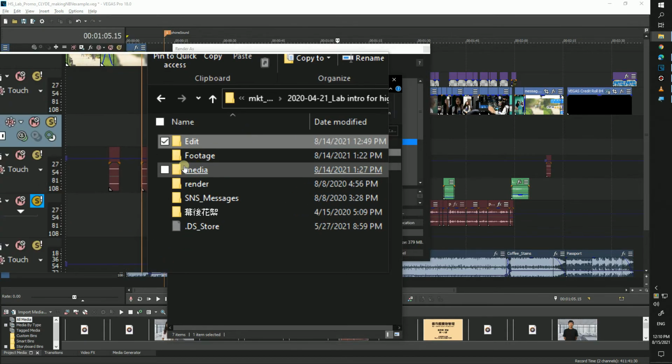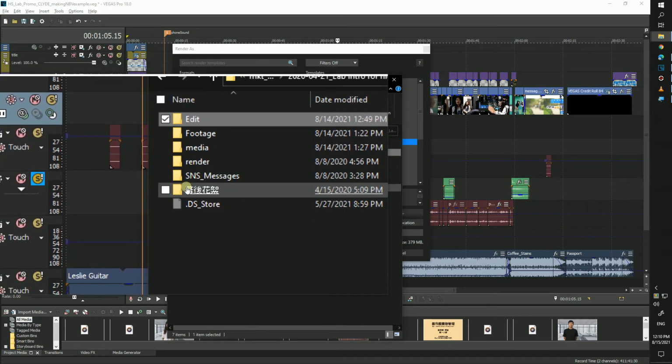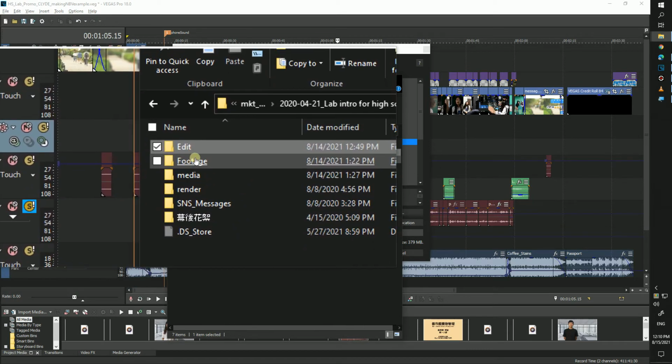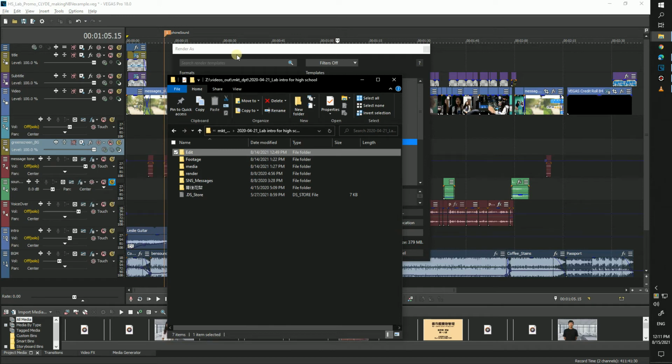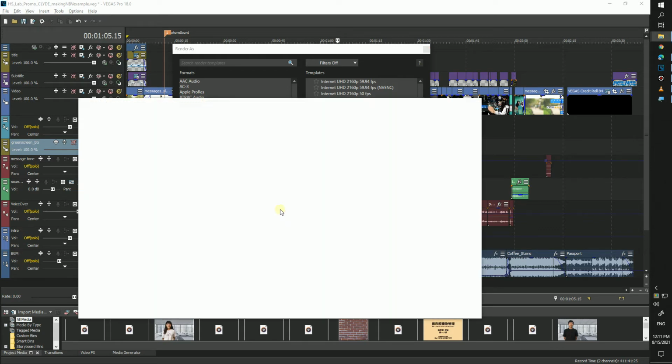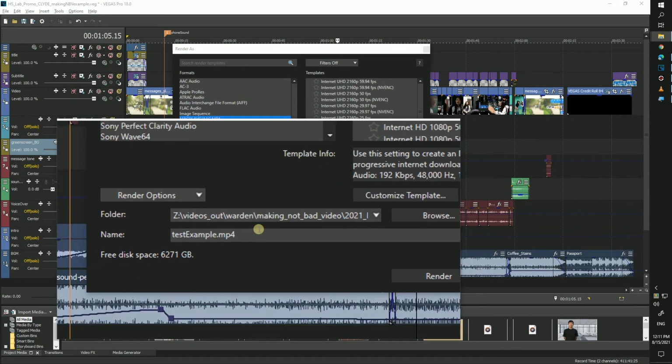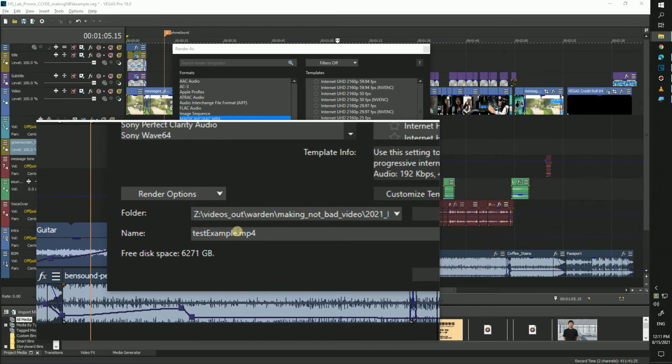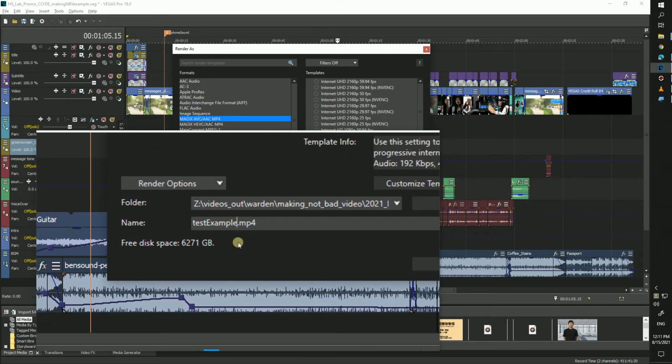Below our file directory, we have the file name. Remember to name your files too. I can't tell you the amount of times I've seen people panic and think they lost something because all their renders are named Untitled or are just keyboard smashes like ASDFGHJKL. You'll notice that Vegas will automatically name your render after the name of your project. Let's just leave ours as Marketing Promo for now.